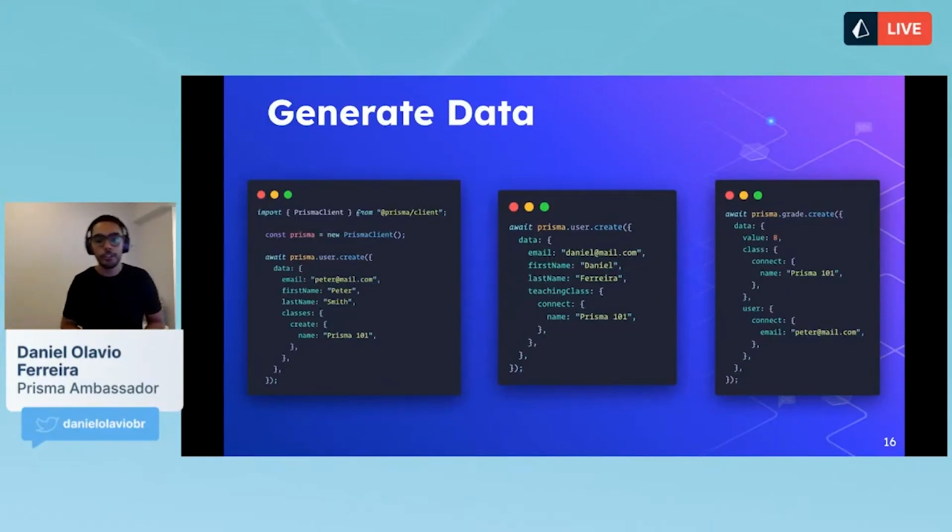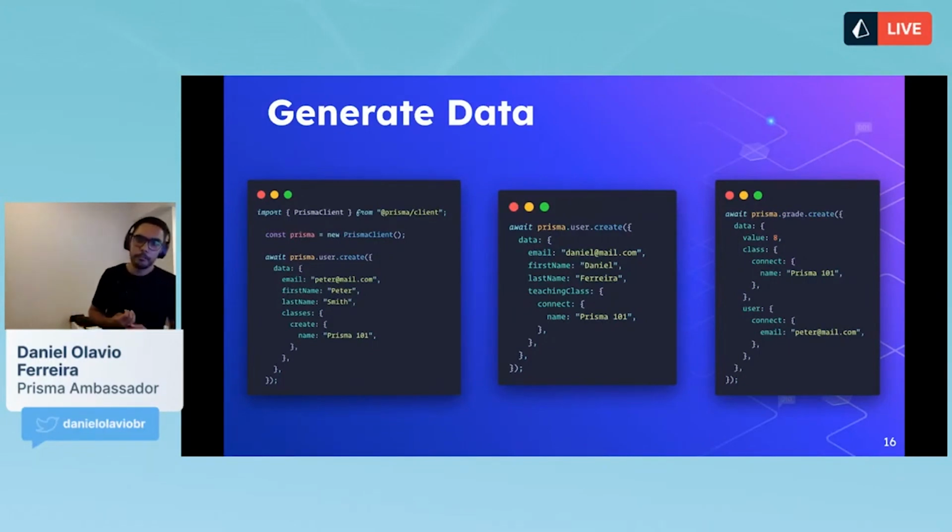Next, we're going to create our teacher. So we're going to do it the same all over again. Await prisma.user.create. So I'm going to pass all its data. So the email, it's daniel@mail.com. First name, Daniel. Last name, Ferreira. And the teaching class this time, not the classes. It's going to be the class that we created already. So instead of saying create, we're going to be saying connect and pass the name. That's a unique identifier. As we saw, here we could use any field that is either tagged as an ID or as a unique, that then Prisma can verify and validate that it's only going to be finding one instance of that in our database.